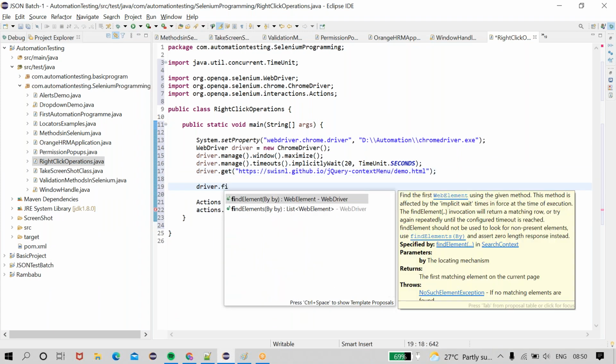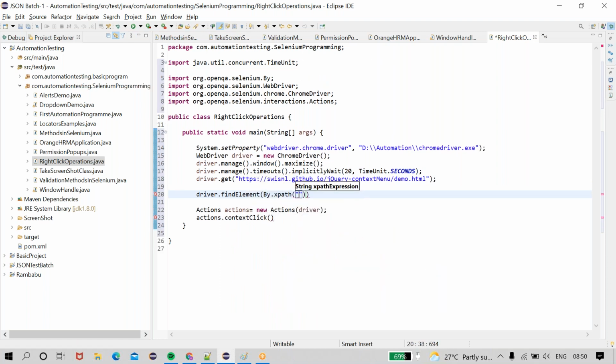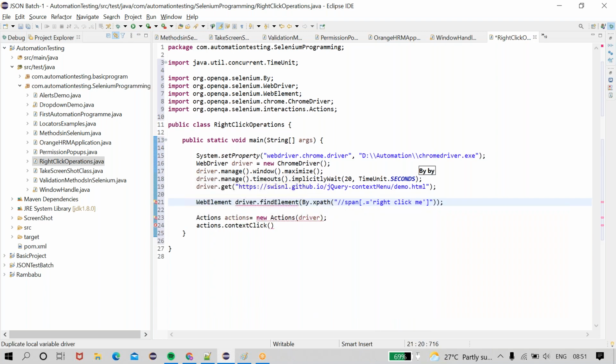I am going to store this: driver dot findElement by dot xpath, in the form of a WebElement, because I am using the web element of right click somewhere.